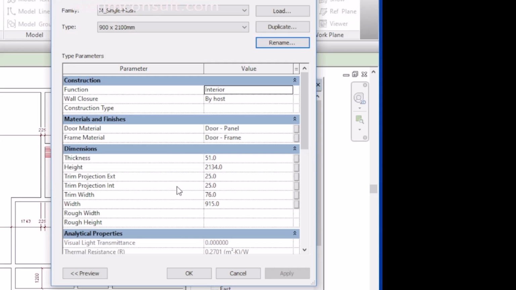So I've renamed it now. I've renamed the original one because as far as this folder is concerned, I don't have anything to do with that, so I don't need it anymore. So I'm going to change the parameter now to 2100, and the width will be 900 mm, and click on apply, click OK,